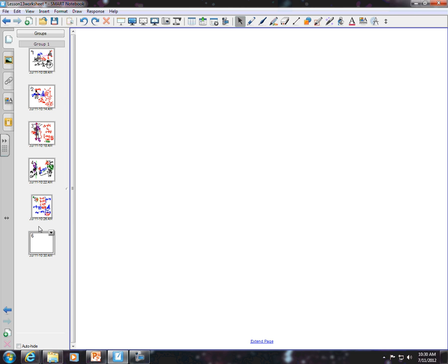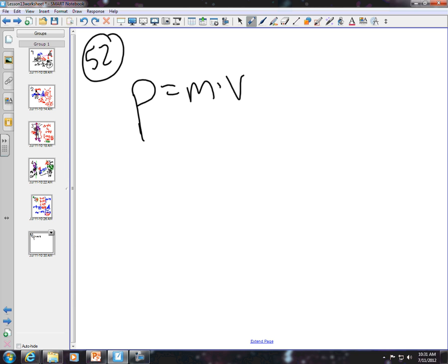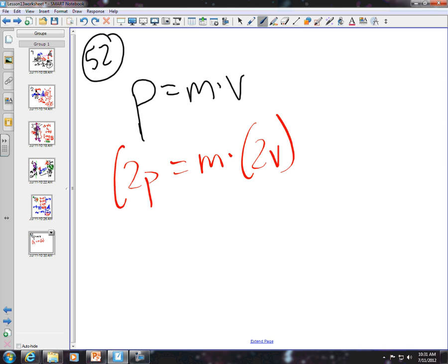Okay, 52. This one won't take long at all, actually. 52 on page 101. The velocity of an object is doubled. By what factor is its momentum changed? Well, momentum is mass times velocity. So if you double the velocity, all you've done is double the momentum. Now, the second part is,